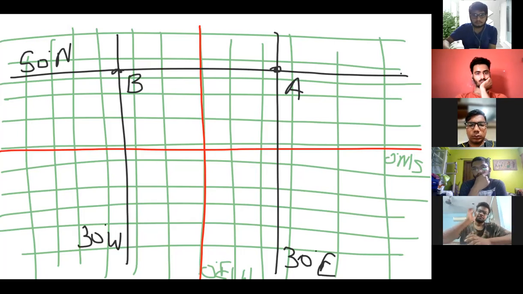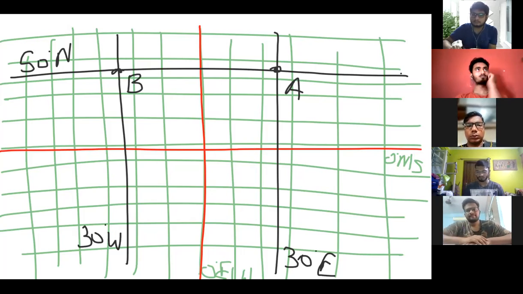Now the question arises, how do I calculate the distance? Simple question. How do I calculate the distance? Now, first understand rhumb line and great circle. What is the difference between them? Rhumb line is the longer distance between two points, and great circle is the shortest distance between two points. Now, you might think why is the rhumb line so useful, or why is that important? Rhumb lines were actually flown in the 90s when such things were invented.